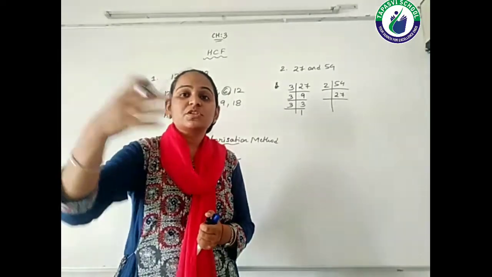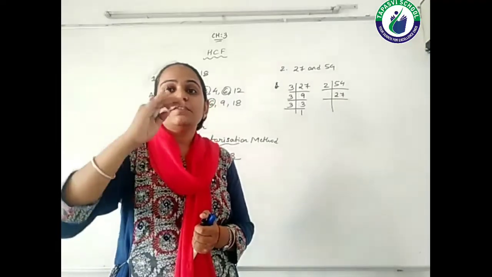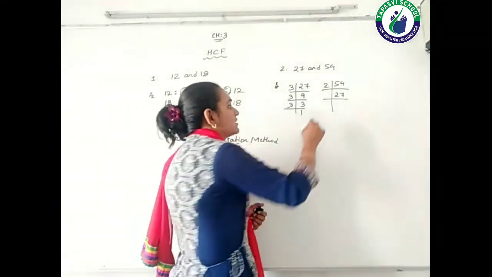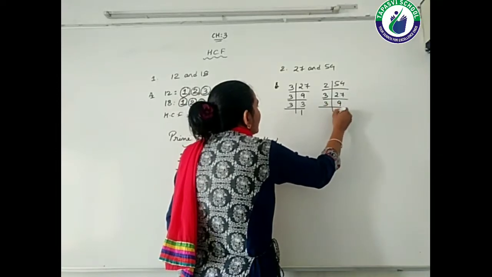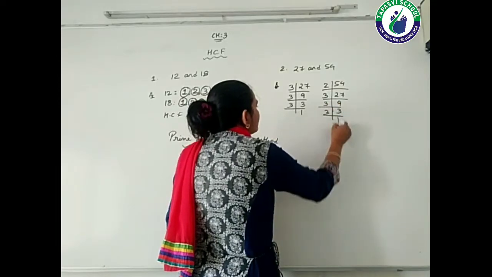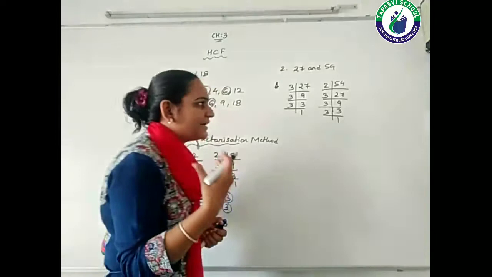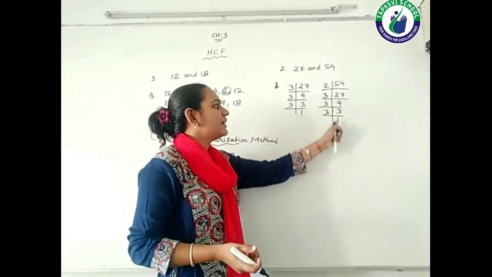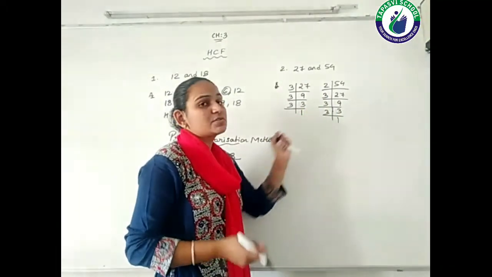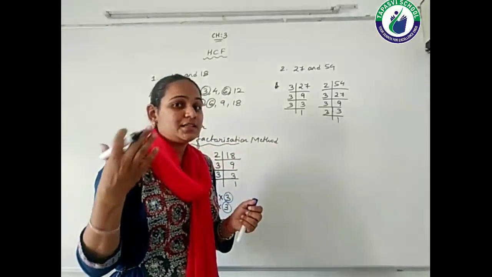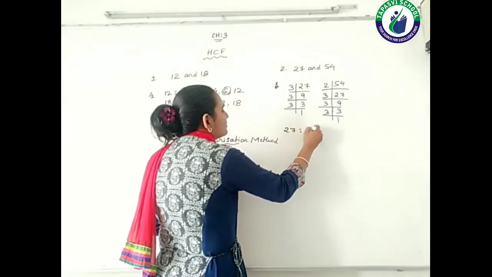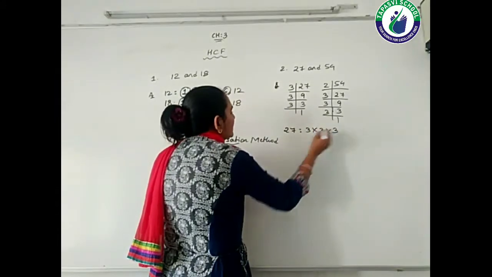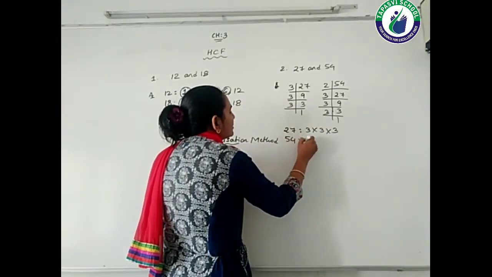So we have to switch our number. We'll go one level higher, that means 3. So 3 9s are 27, and 3 3s are 9, and 3 1s are 3. You can see from here that we have all the things common. So perhaps 27 can be the HCF. So I am listing out the factors of 27, and I am listing out the factors of 54 also.